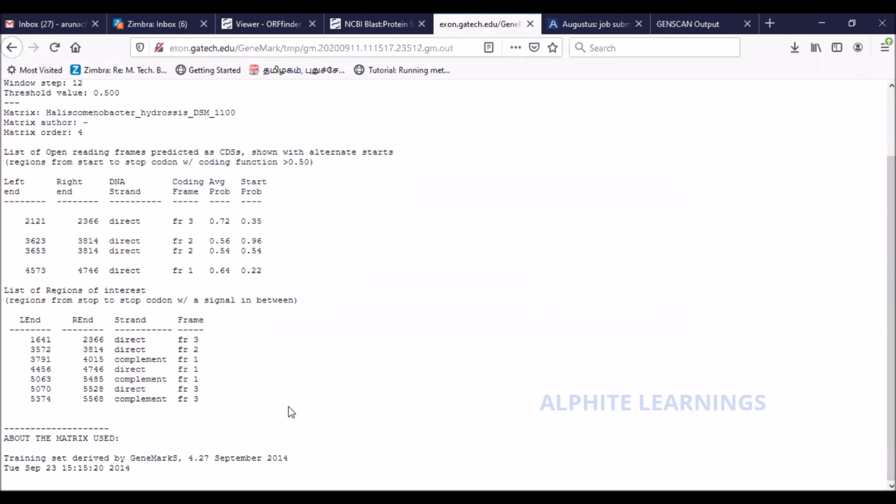So it also gives us a list of parameters corresponding to the coding frame. It says that there are 3 coding frames here, from these nucleotides to these nucleotides.